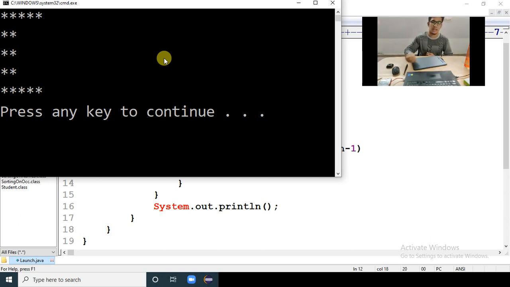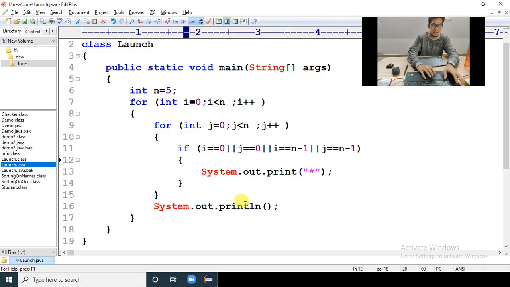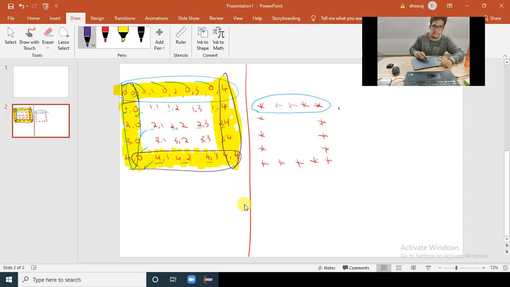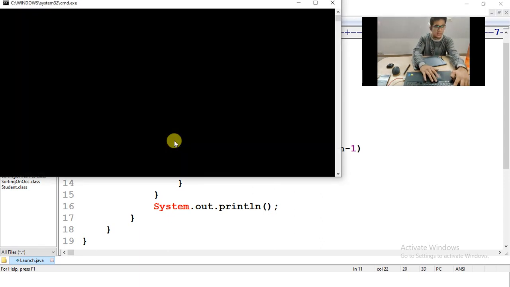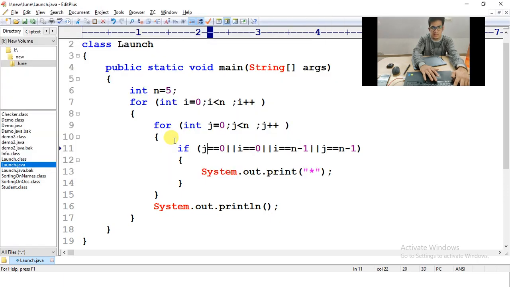So let's trace it, right? Okay. So I will be erasing unwanted things here. Now you might be thinking, sir, should we write like this only? Should we write i equal to 0 first only? No. What you can do is write i equal to 0 here and j equal to 0 here. Anyhow you can do it. If I compile and execute, see there is no change in the output. We'll get the same output. We can interchange it anywhere, right?